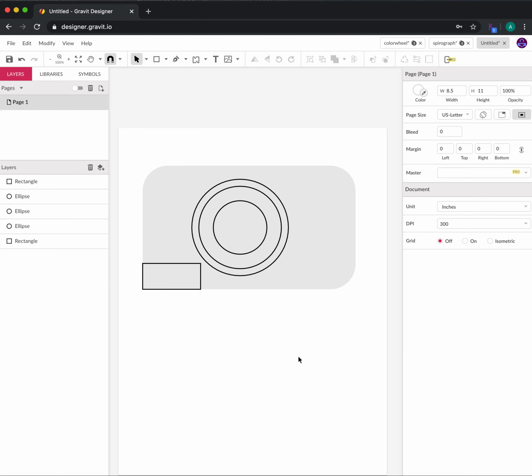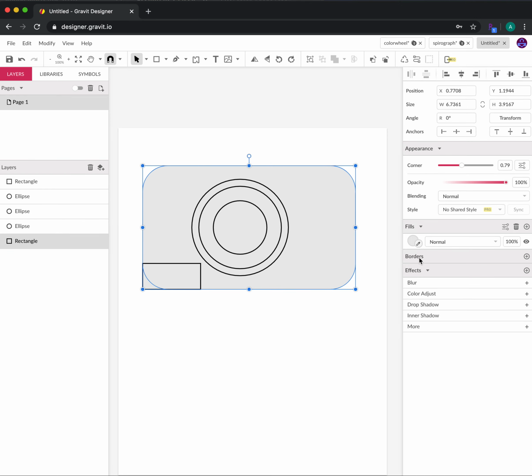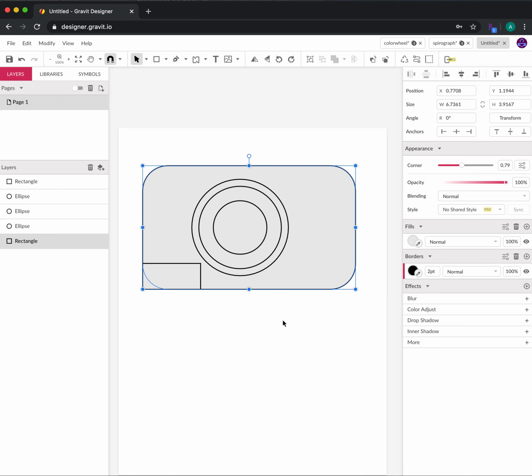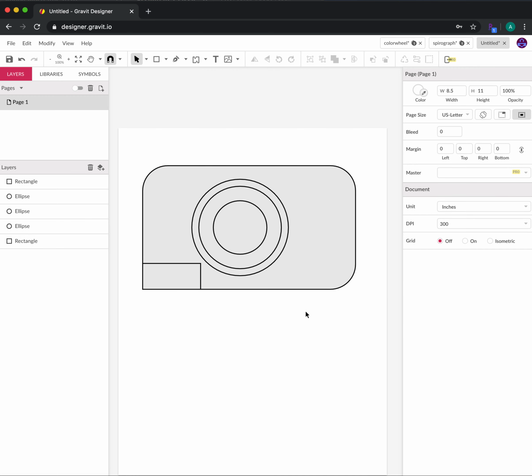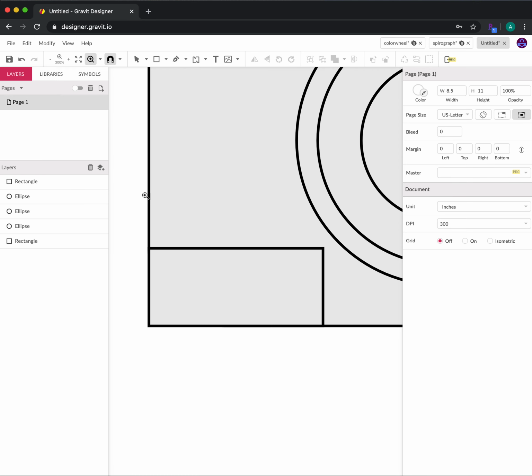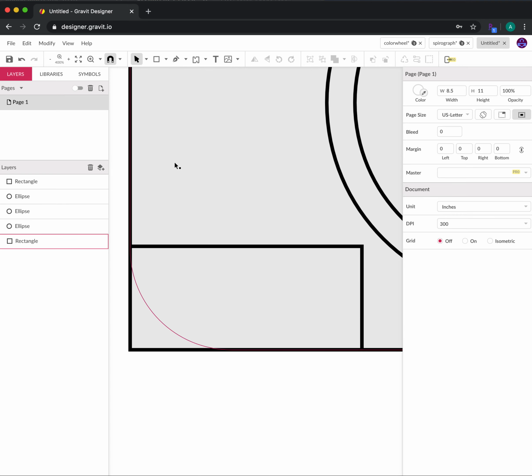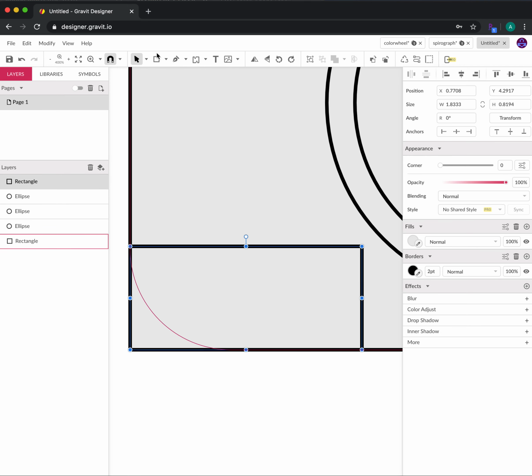So I'm setting the border of that one to 2. I'm going to set the border of the main one also to 2. I think ultimately I'm going to be at 5, but for now this is helpful. And then again, I'm going to zoom in on that corner. All right, so I'm here. If I switch, well, okay, let me select it first. I'm going to select it, and then I'm going to switch to the subselect,